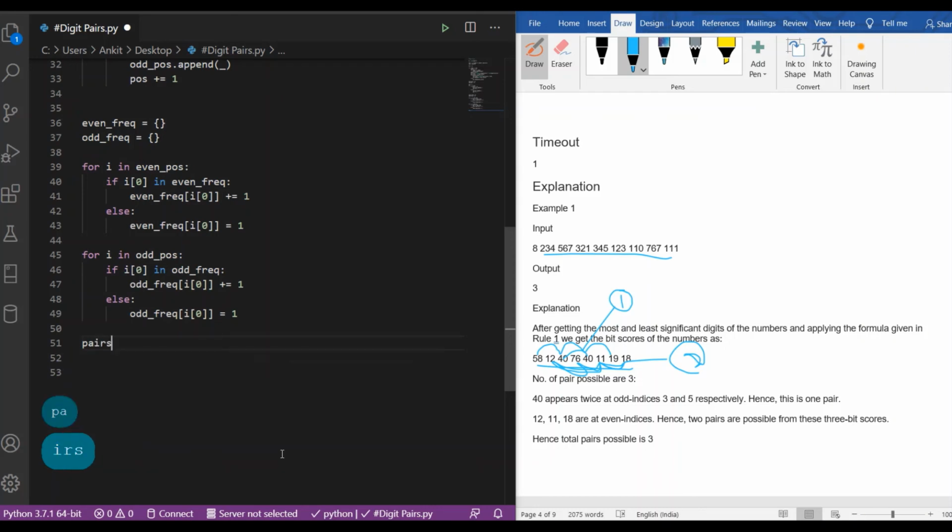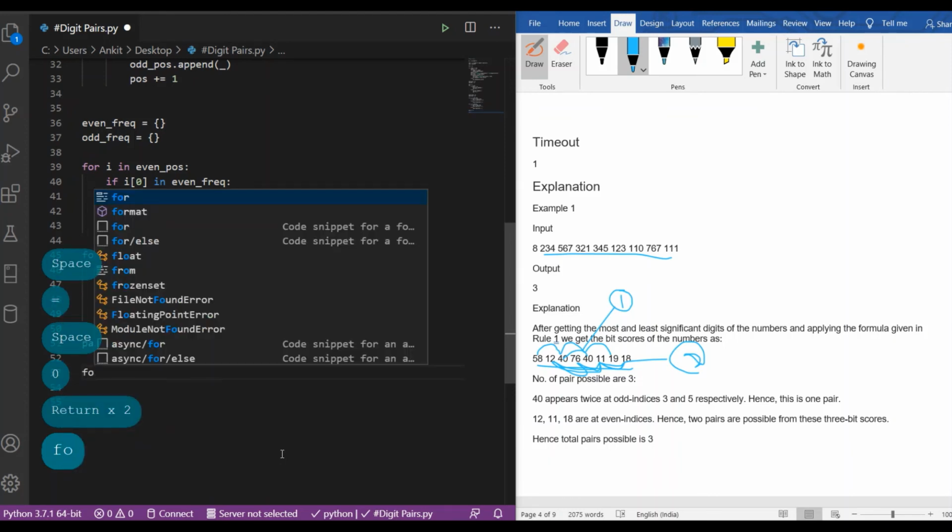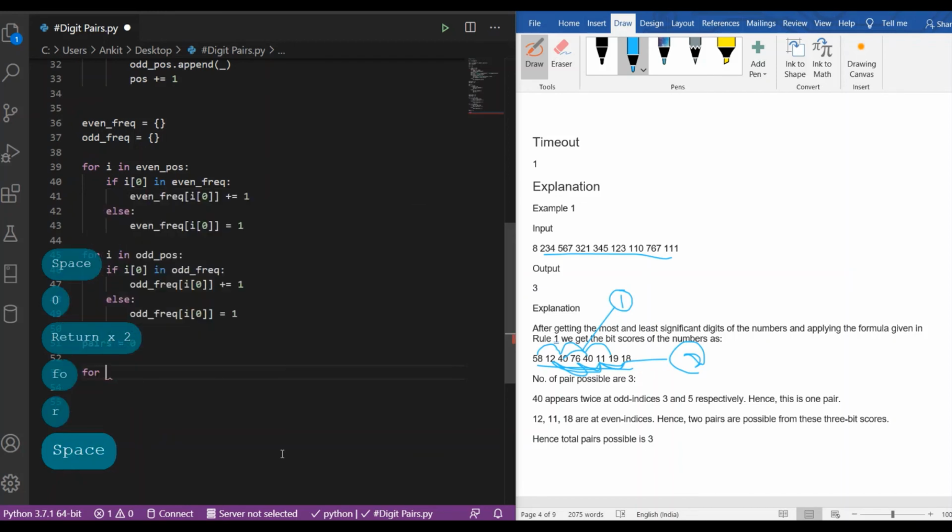So initially we will declare the number of the pairs, it will be 0. Now we will implement a for loop for the even frequency counter.